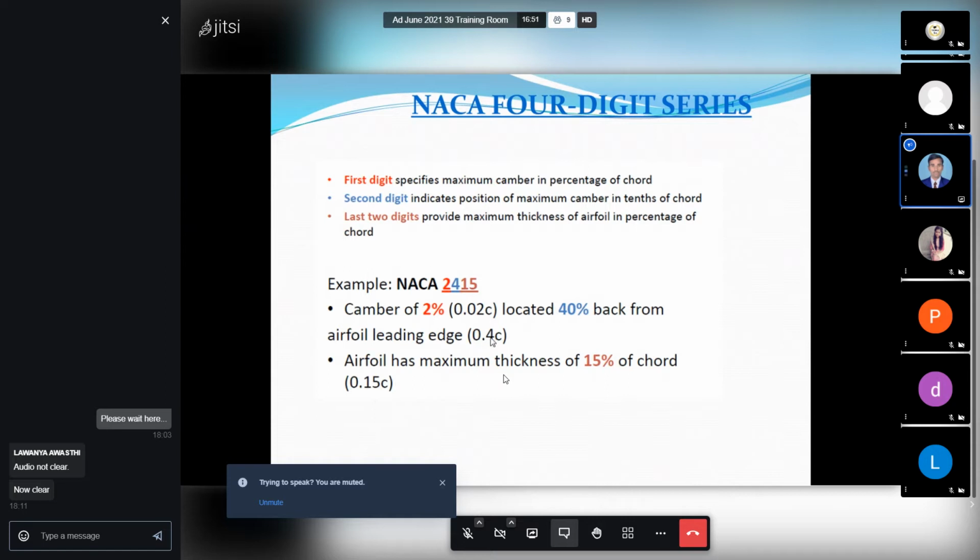So in terms of chord, that is 0.4 C. In NACA 2415, 2 is the camber, that is 2%, 4 is the 40% location of the camber, and the last 2 digits, 15, mean this aerofoil has a maximum thickness of 15% of the chord, that is 0.15 C.